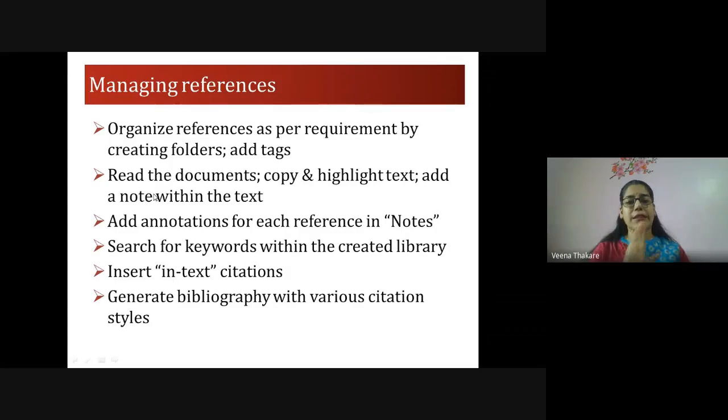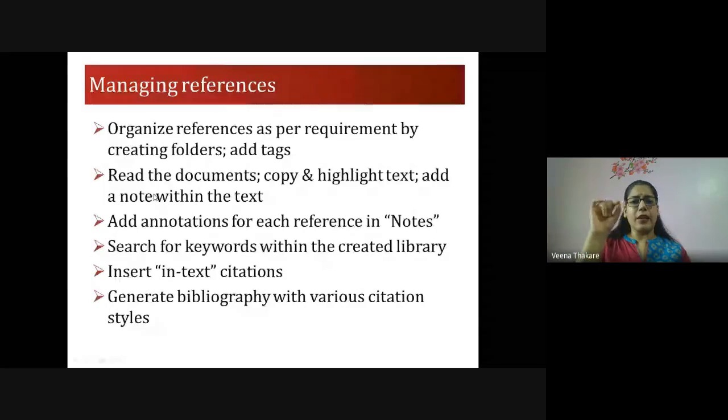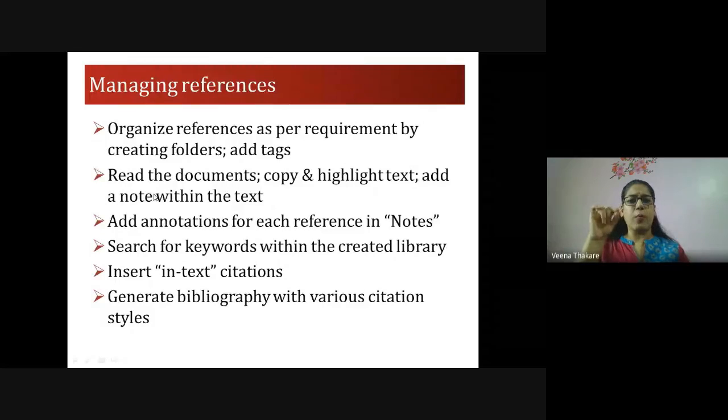These are all styles of how you write a particular reference, like the author's surname, for example Thakre, comma, Veena, or Thakre, comma, VP, and then whatever. Commas, colons, semicolons, all those details, you need not remember how to write those references. Mendeley does it for you.